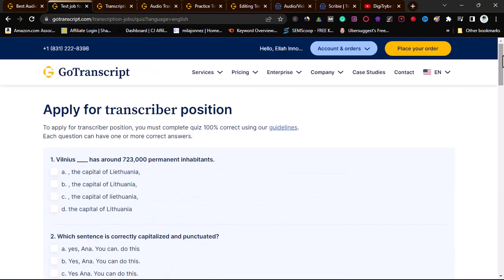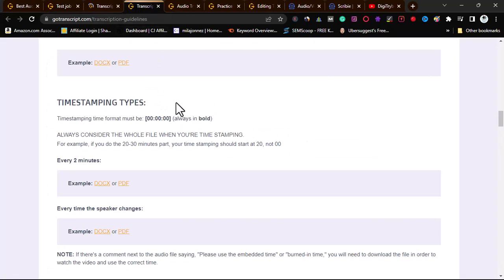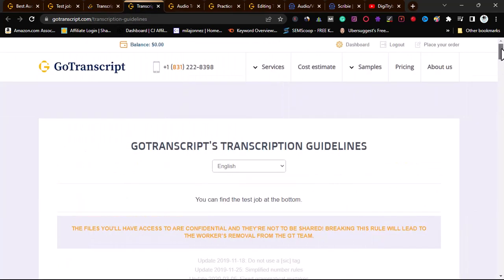Now before you do that, there is a place here that says using our guideline. So you want to open this guideline. Now that's why I said you should follow everything I'm doing here step by step. This guideline is what you're going to use even when you are practicing. So when you click on this, let me just open it on a new tab. I already opened it before. When you click on it, this is the guideline here, the one I opened earlier. It's going to bring you to this guideline. You can see here, GoTranscript transcription guidelines. So you want to read all of this.